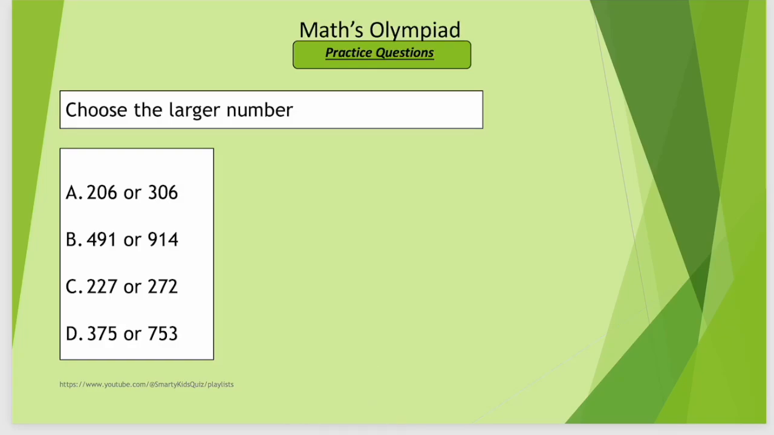Hello kids, let's look at the new questions of number chapters. So the first question is choose the largest number, right? So these are the options and you need to choose what is the largest number in these options. So the first one is